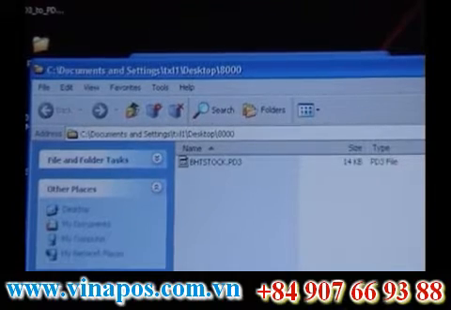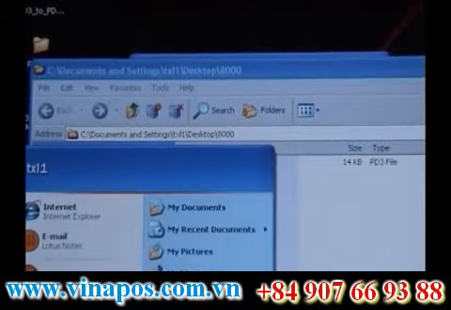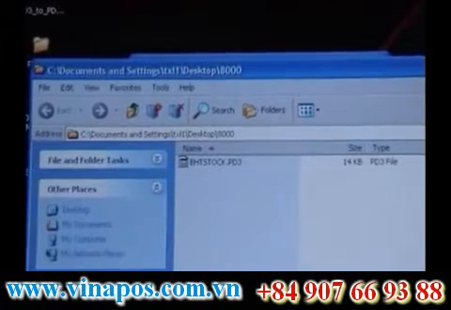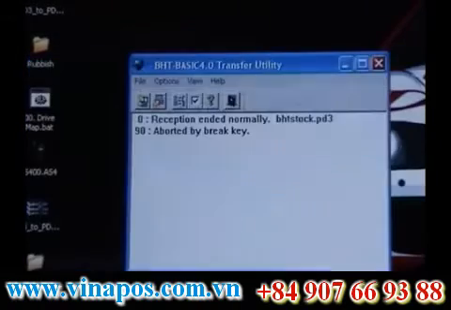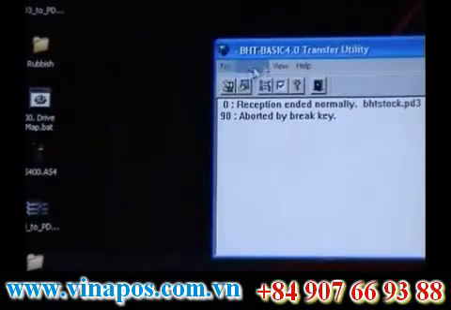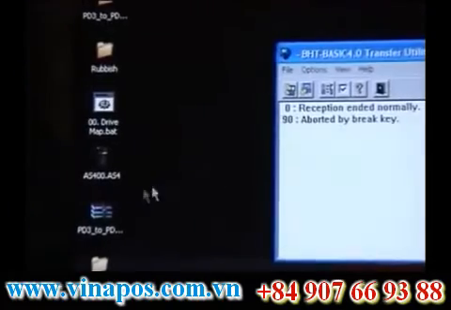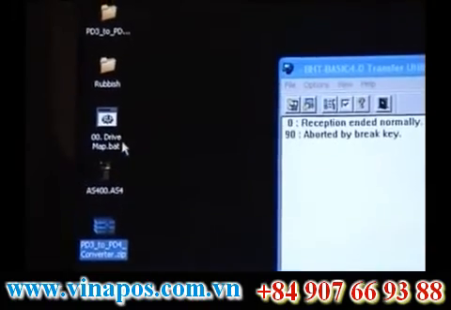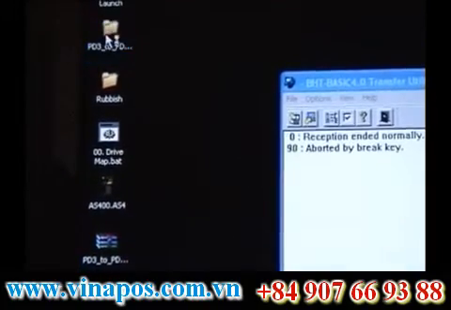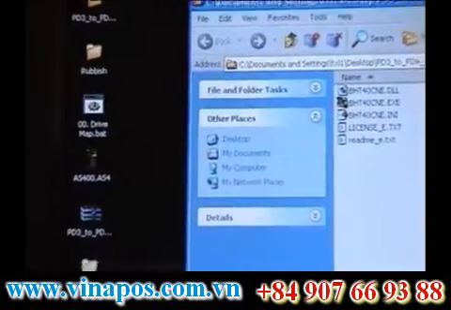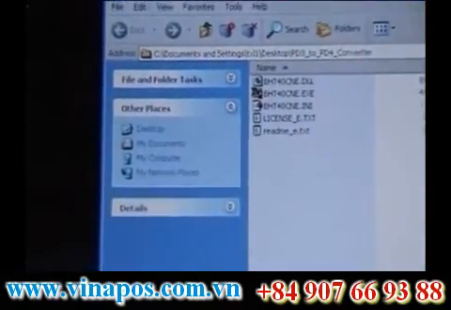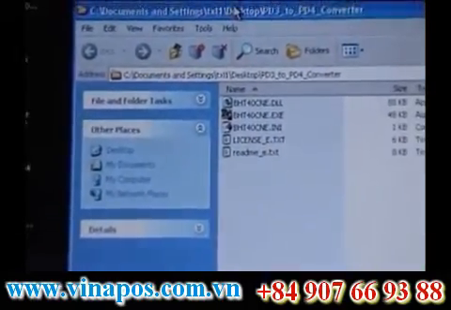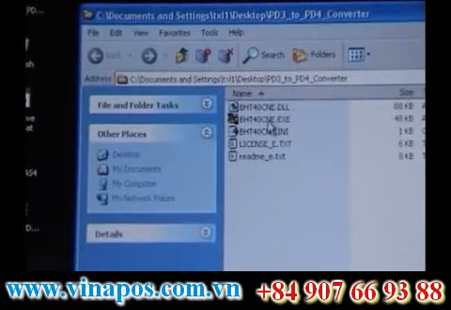Okay, once you have downloaded the converter, it comes in a zip file. I have unzipped the file onto my desktop. This is the zip file here. So I have unzipped the program, which has a few files inside the zip file. One of them is called the